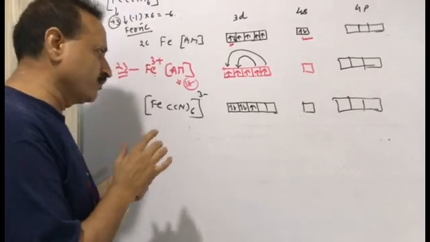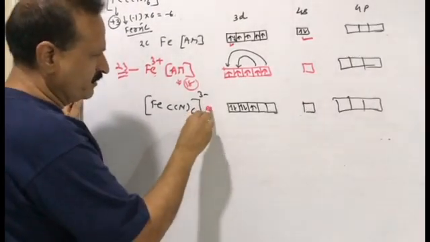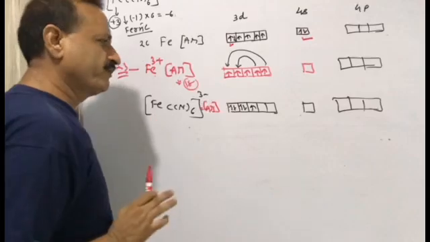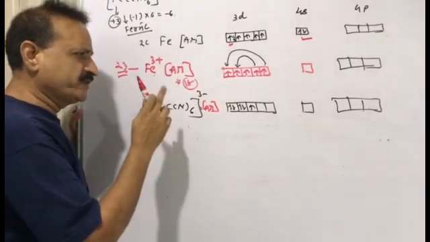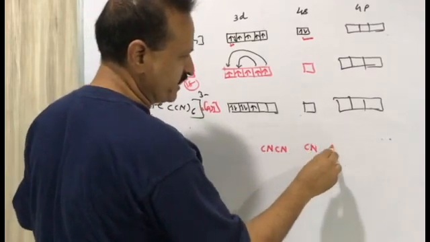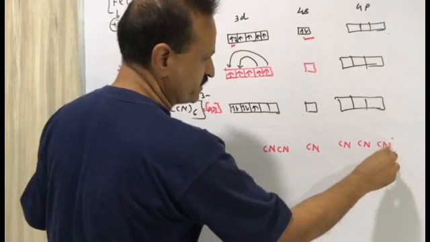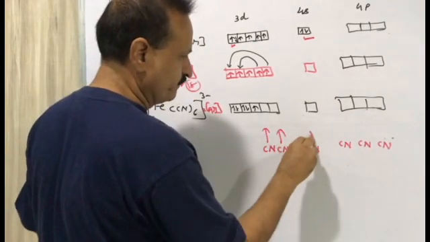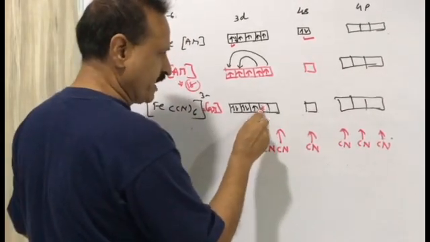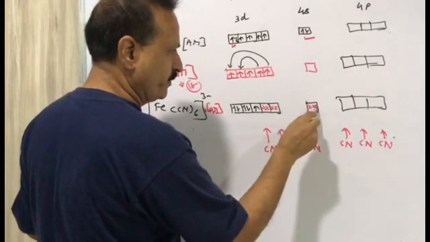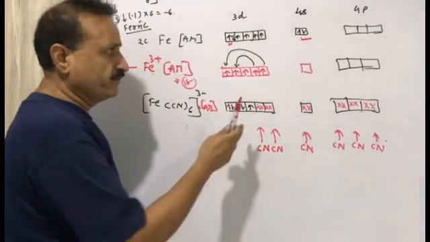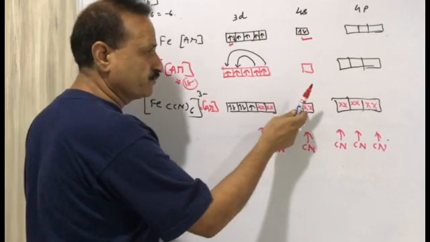So again we count argon 18 electrons and the remaining 5 electrons: 18, 5, 23. Now cyanide will donate 6 electron pairs, 6 cyanides. So we write here 1 cyanide, 2 cyanide, 3 cyanide, 4 cyanide, 5 cyanide and 6 cyanide. They will donate electron pairs in 6 vacant orbitals. Then we have this type of electronic configuration. We have donated 6 electron pairs in the vacant d2 orbitals, s1 orbital and p3 orbitals.